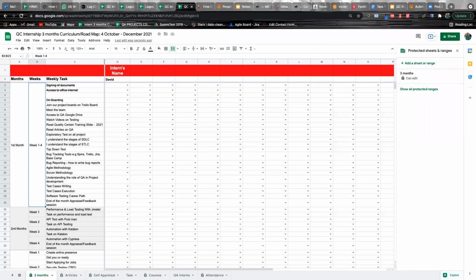So as said, the internship is for 3 months, and we are on the first week. From the first week to the fourth week, we must have joined the project board, which I've already introduced us to, the Trello board, which I've created and invited us to join. And the second one is the Basecamp. I checked the Basecamp this morning, and none of us have done our stand up this morning.